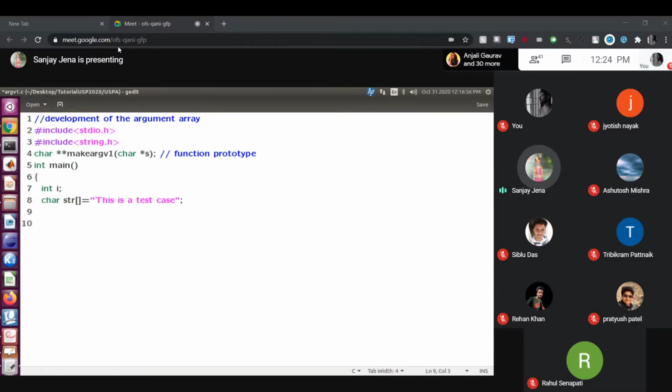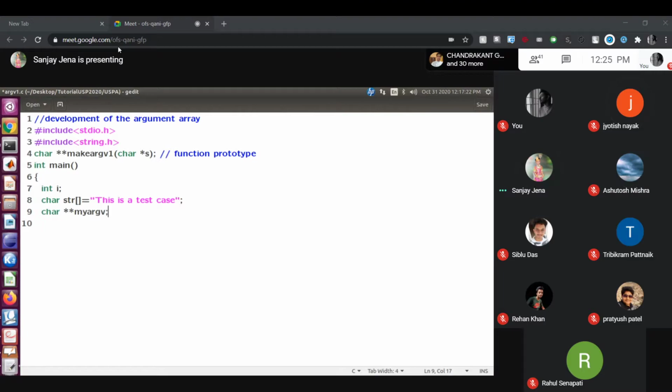Now, you have to catch the return value of the function. The return value of the function is a double pointer. Then declare char double star my argv. If the line is clear for all, why did I put double star? Because the function returns a double pointer.